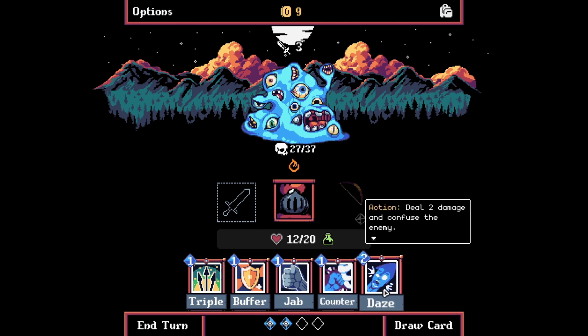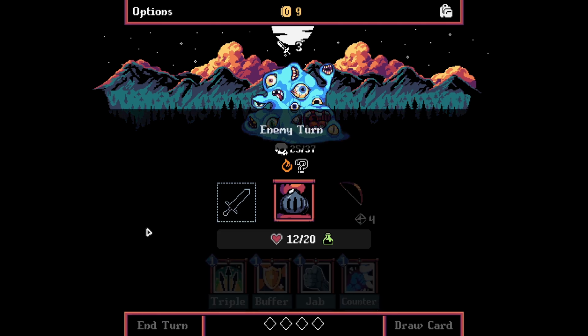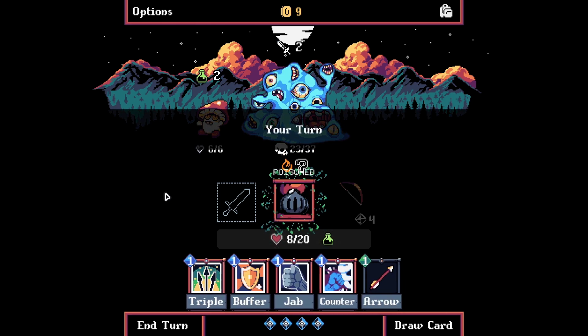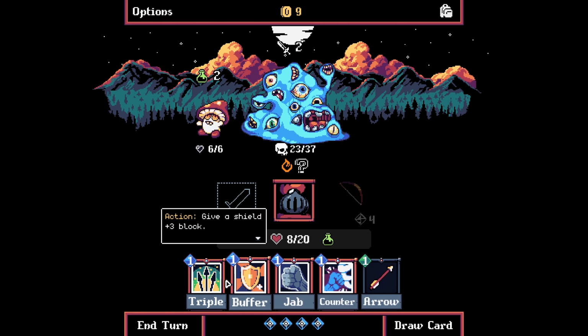I mean, that could also be worth doing, but confusing it might be quite useful, because that might then stop it attacking us. Let's confuse it a bit. What does that mean? The enemy's attack target will be random. Okay, it's going to be us because we're the only person here. Okay, that wasn't quite as effective as I'd hoped. Oh, look, it went for us. Who'd have thought it? Yeah, we're not going to survive this. We're still poisoned. We're still poisoned. We could